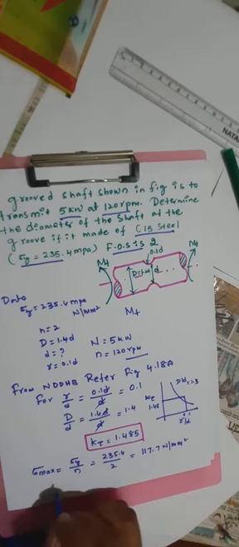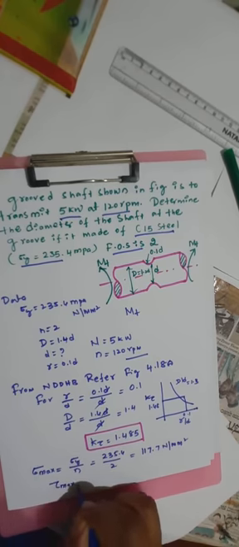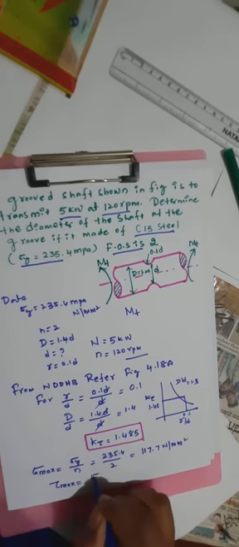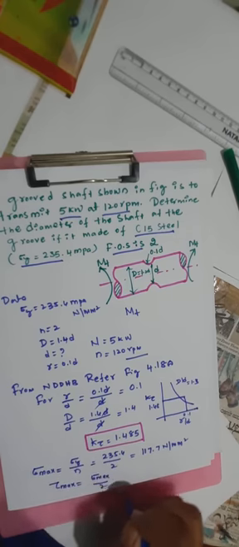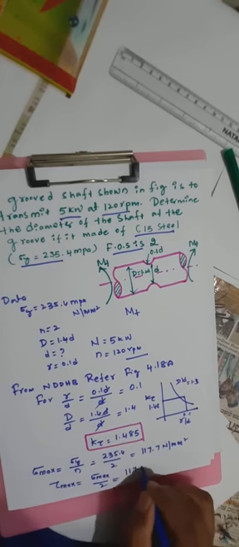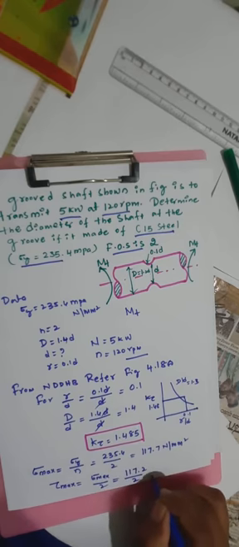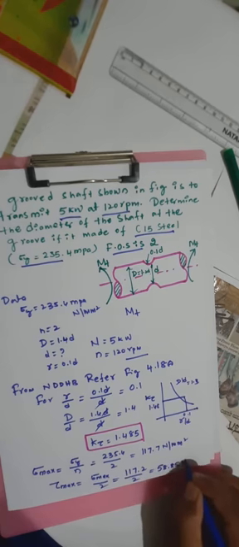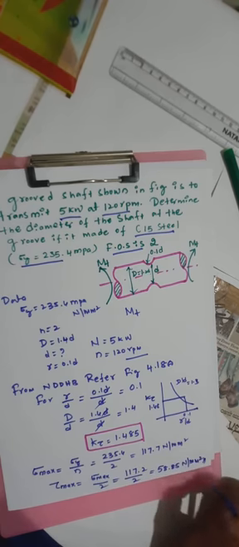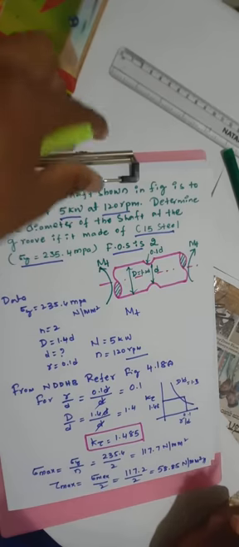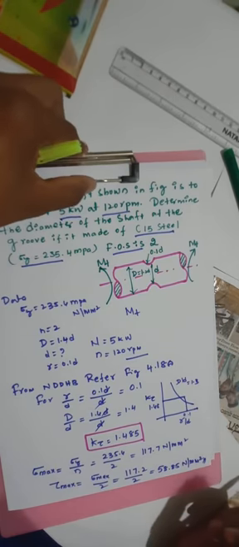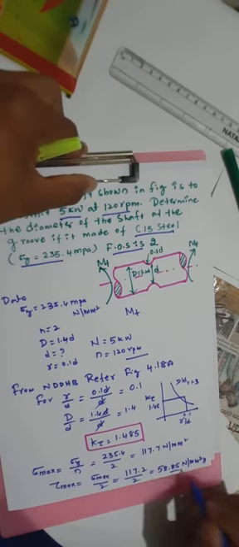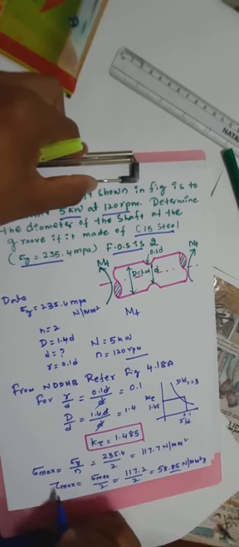Why we need this? If you want to find the tau max, what is the formula for tau max? Sigma max divided by 2. If you substitute those values in this equation, 117.2 divided by 2, you will get around 58.85 Newton per mm square. This is the value you will get by using tau max as well as sigma max.